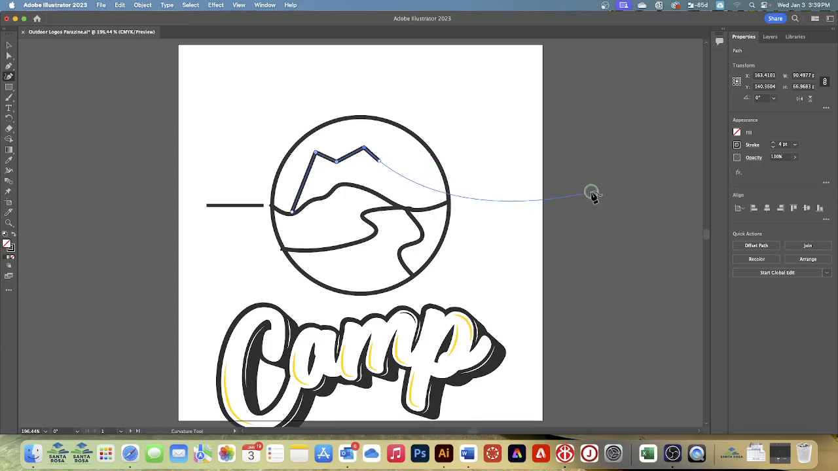To finish the mountain path, you'll create a few more anchor points, but you'll make corner points instead of smooth points as you create them. Here's a shortcut key for you. If you're on a Mac, if you press the Option button as you click,